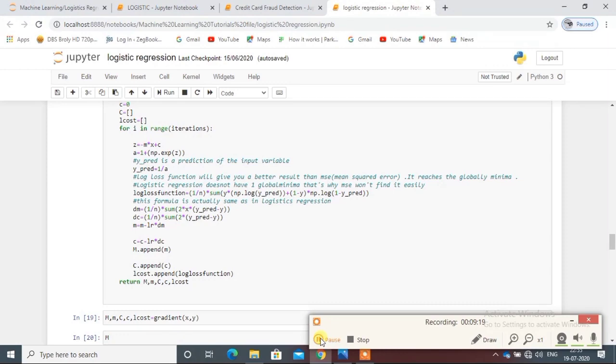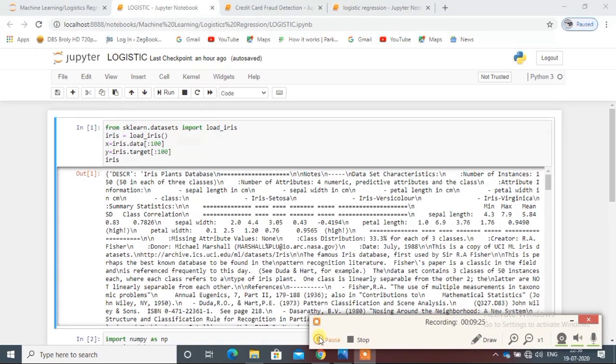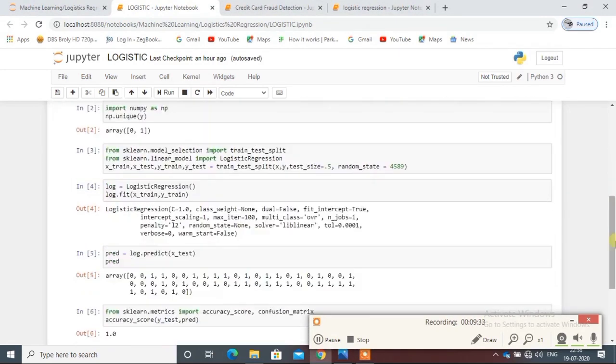Now we have applied it to a real scenario, so you can check on it. We took our iris data set. We took our dependent and independent variables, and this is our data set. We chose the unique values of the independent variable, 0 and 1. Then we split our data into train and test. We took half, and we applied a logistic function directly without doing any feature engineering. With training x and training y, we got our values and our prediction.